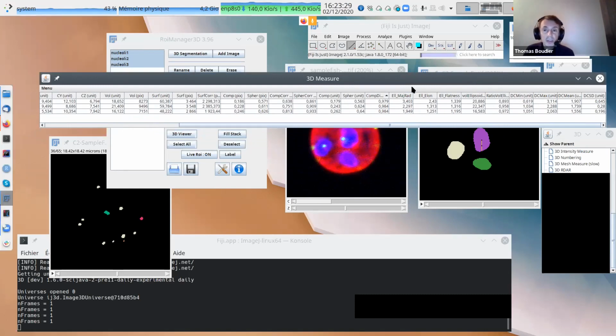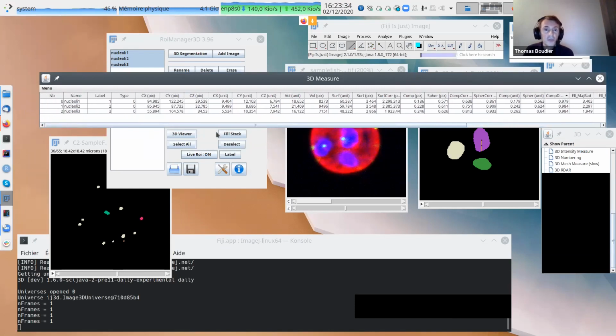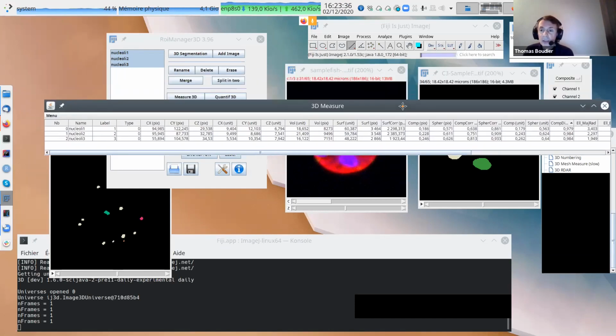What you can do with this, if you have only 3 objects it is not so fun, but if you want to see what is the largest object, you go on a volume, unit or pixel column, and then you click on the column, and it will sort the column for you. Right? So you just go up. So now this object is the largest one. If you had 3, it's not so fun, but if you have a lot, you can easily find what is the largest object.